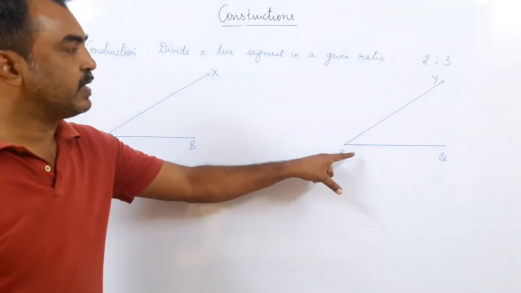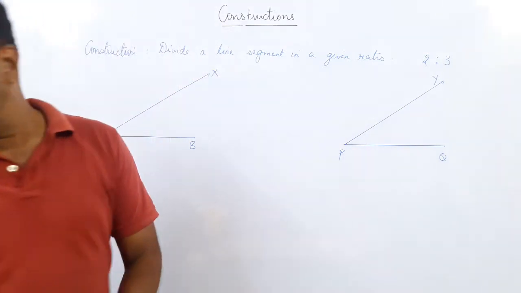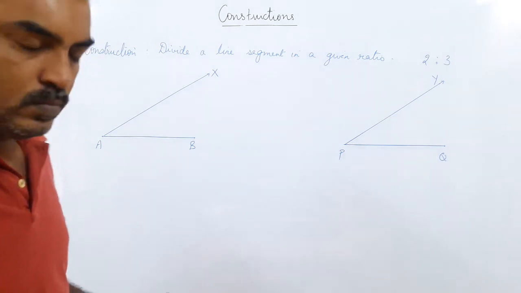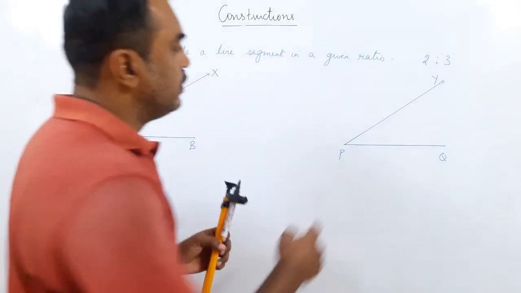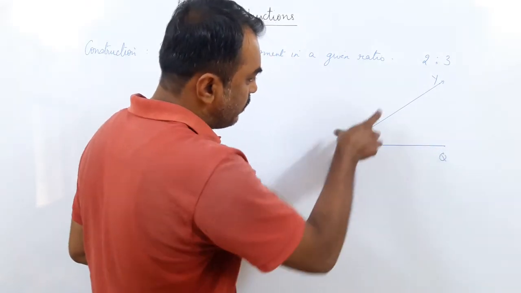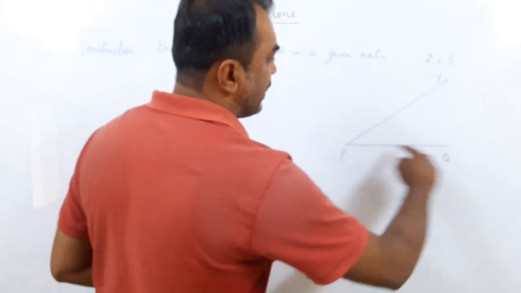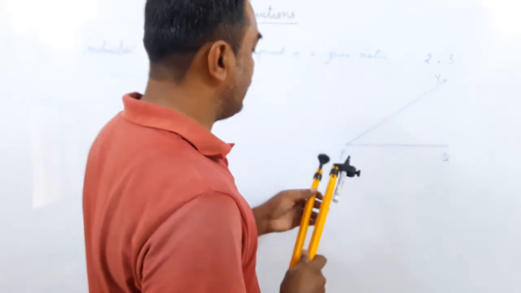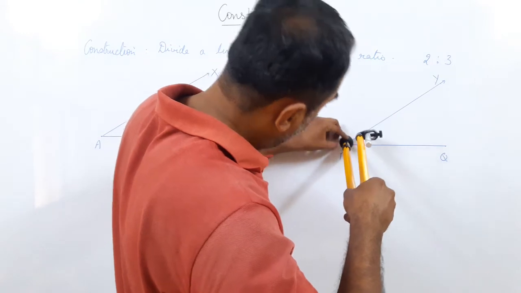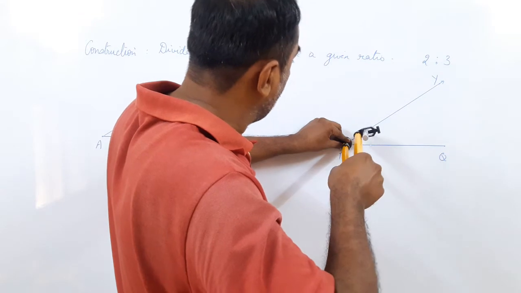Now, in this method there is one more thing: you have to draw a line parallel to PY. So now we see how we will draw a line parallel to PY. I have done the ray PY, I want to draw the ray QZ parallel to this. If I want these two lines parallel and I take this as the transversal, then the alternate angles should be equal. So you see how I'm going to do the alternate angles. From this point here which is given to me, I draw an arc.